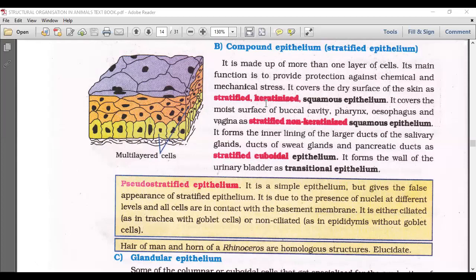Its main function is to provide protection against chemical and mechanical stress. That's what we just talked about, stratified squamous. It covers the dry surface of the skin. Stratified squamous keratinized epithelium that we are seeing now. Next, we need to go with